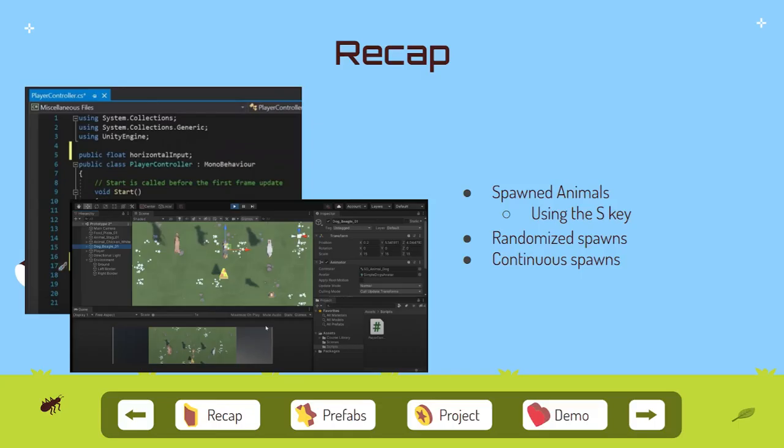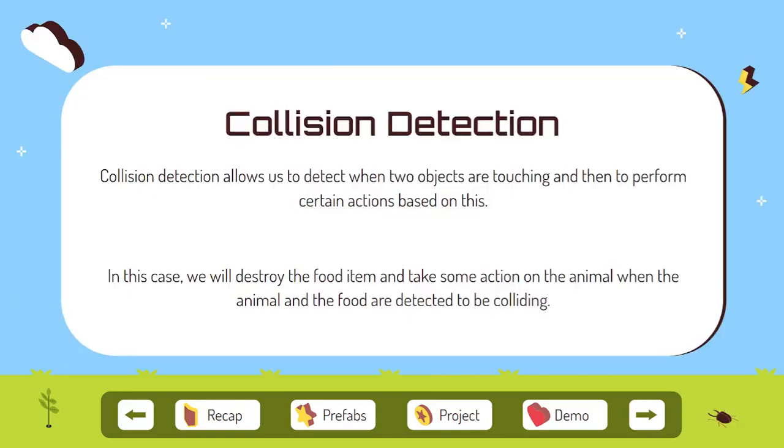So, a quick recap from last class. Last lesson, we covered how to create animals using the S key. We randomized their location on the screen, and we started to talk about how we could spawn them continuously, as well as changing our camera perspective from perspective to orthographic. In this lesson, we're going to be working on collision detection, continuous spawning, and a game over screen after